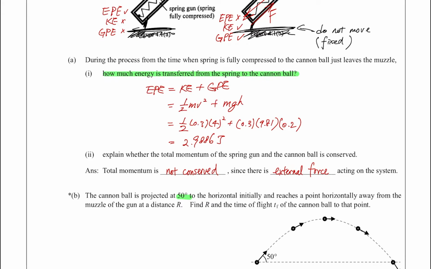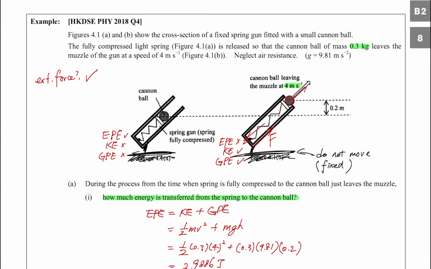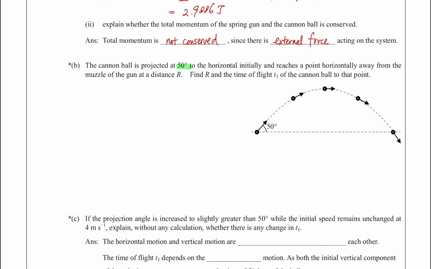We had not, had we calculated, the speed is given. The speed of the cannonball is 4 meters per second. So let's write it down here. U is equal to 4. So now we want to calculate